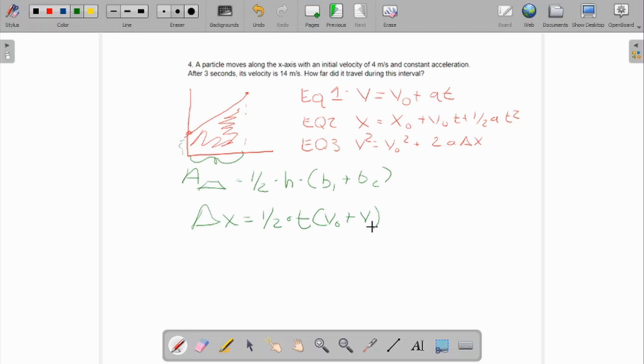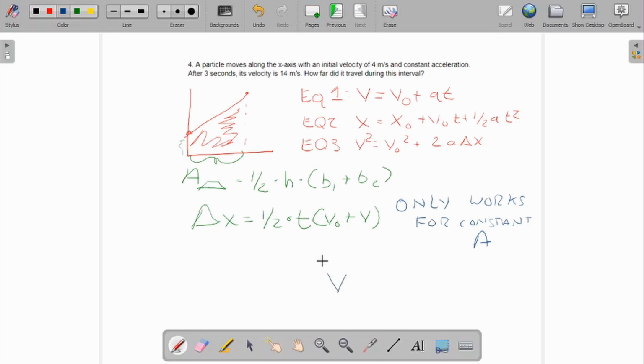It only works for constant acceleration. Let's put that note here. Only works for constant acceleration. But it will give you a value. And as long as you're working with constant acceleration, which is the entirety of this unit and the AP class, it works. Just for reference, this is just a rearrangement